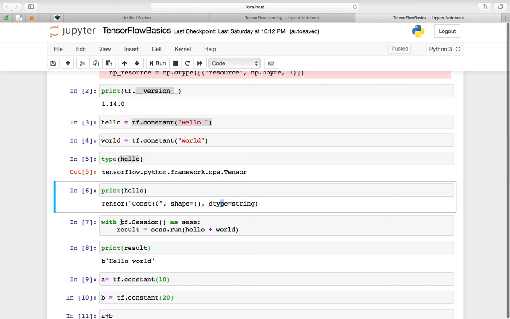To run TensorFlow as a session, we use with tf.Session() as session, and then result is equal to session.run(hello world). It will concatenate your characters with your variable hello and world together. This is basic string concatenation. So when you print